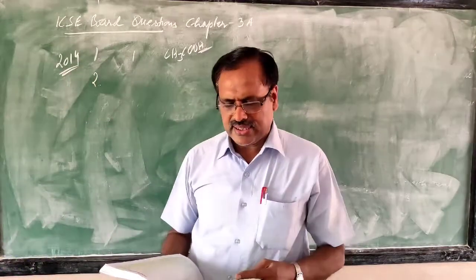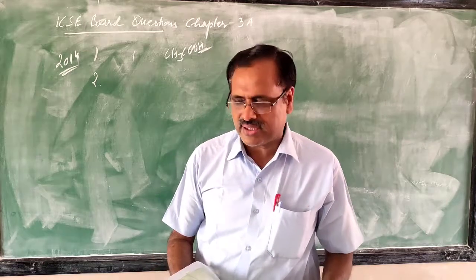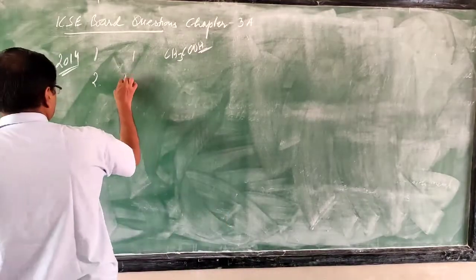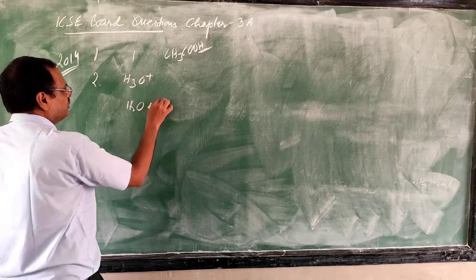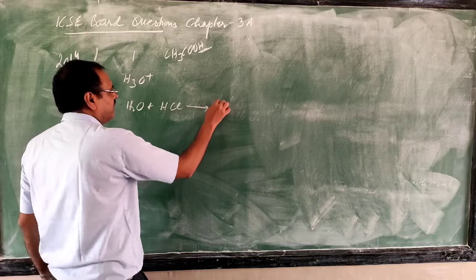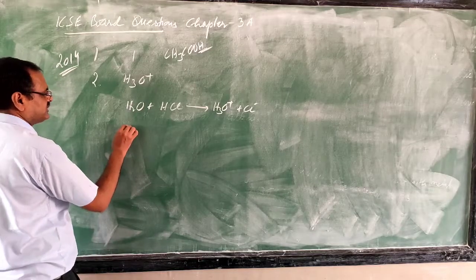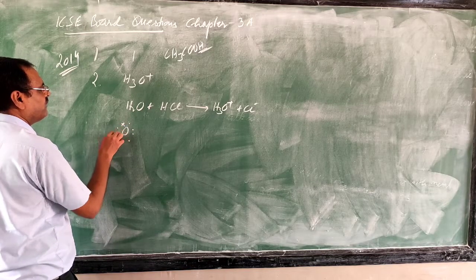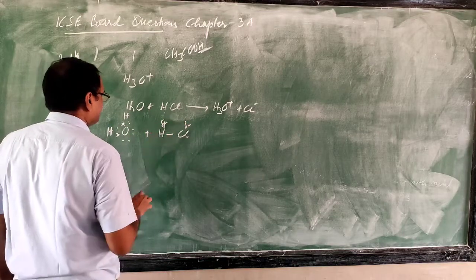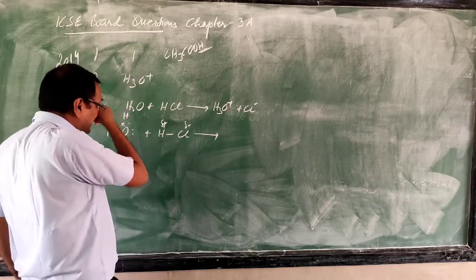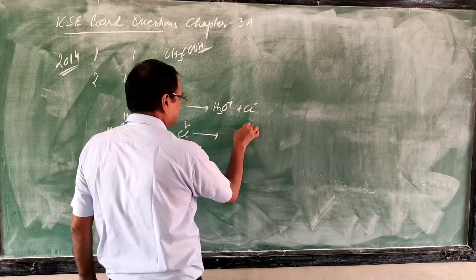Second, what is given? Draw the structure of the stable positive ion formed when acid dissolves in water. It means you have to draw the structure of the hydronium ion. You studied that H2O with HCl forms the hydronium ion. So this complete bonding you have to show. This is the electron dot diagram of the water molecule. This HCl is polar covalent, delta negative and delta positive. So this H plus ion will come here from the hydronium ion by a coordinate bond.